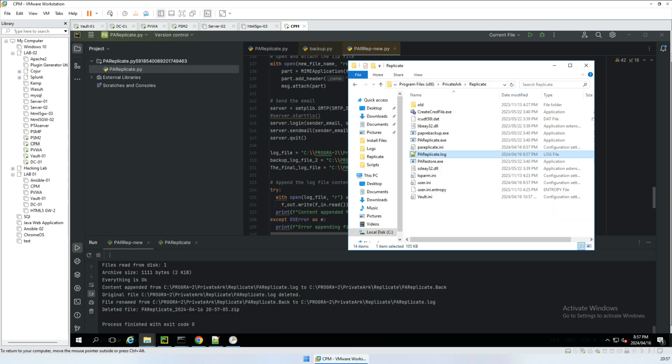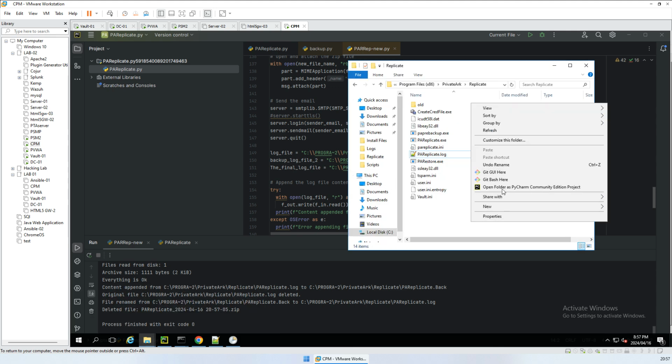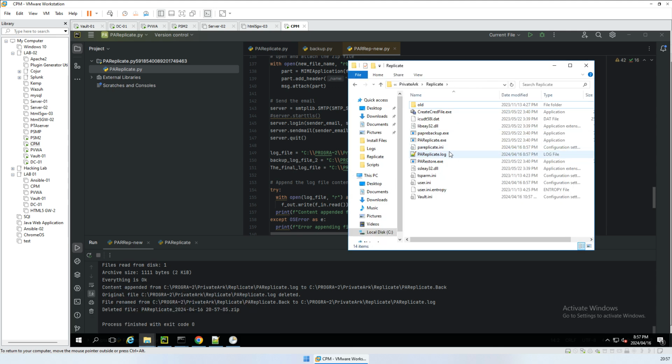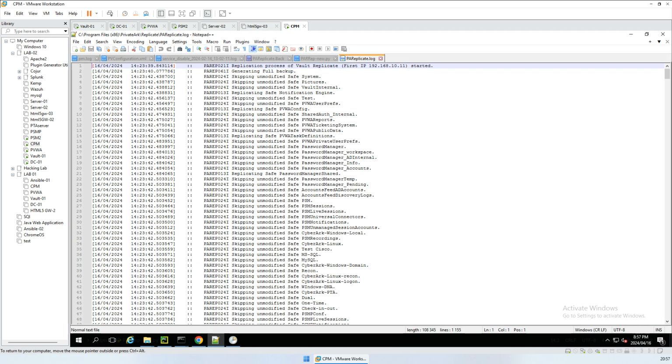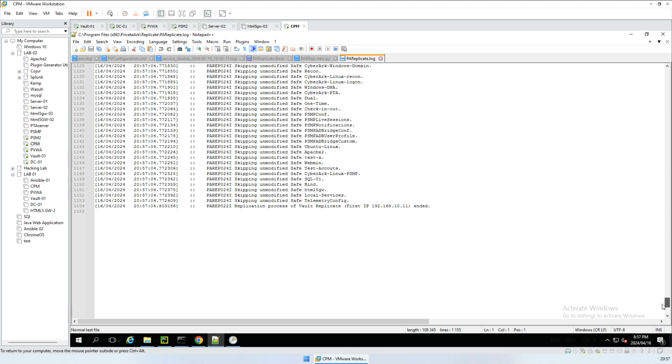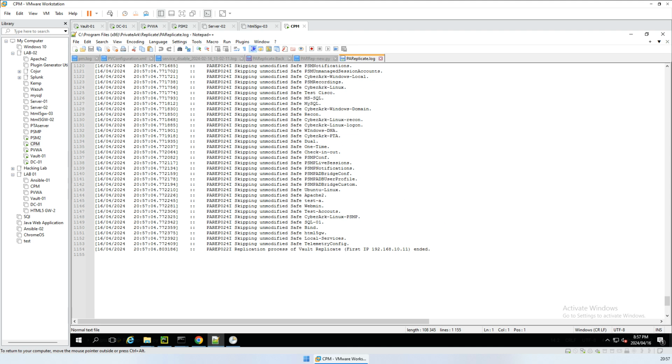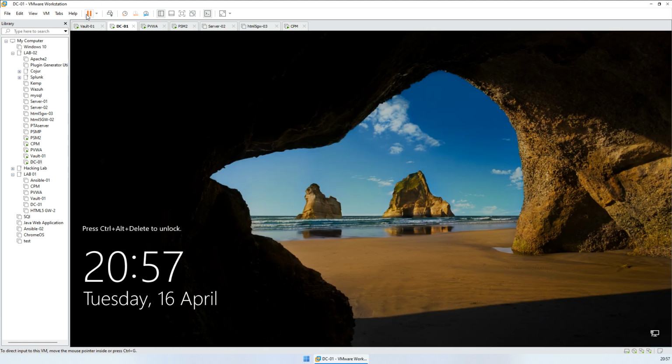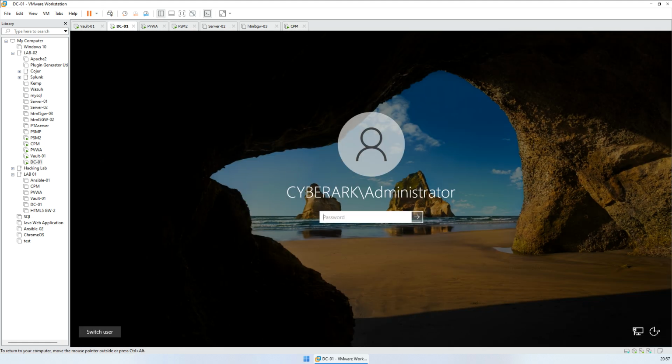So we can go back to the replicate directory, refresh, and the log file timestamp is the same. Check the timestamp, go to the bottom of the log file, timestamp is 8:57. But now if we go to where our email is being sent and processed, which is actually on our DC in this environment,